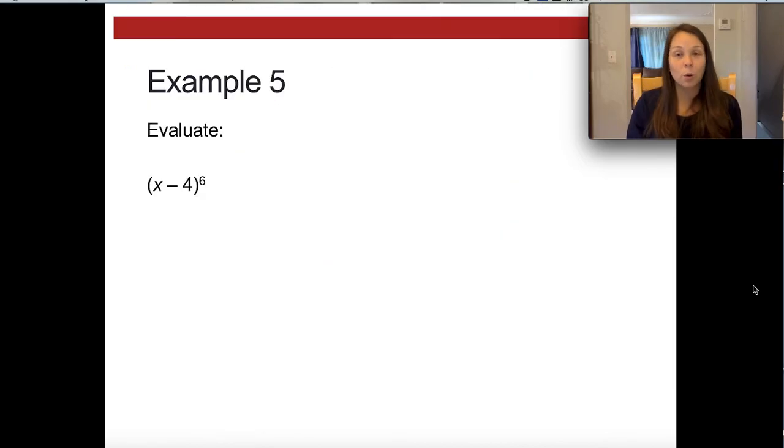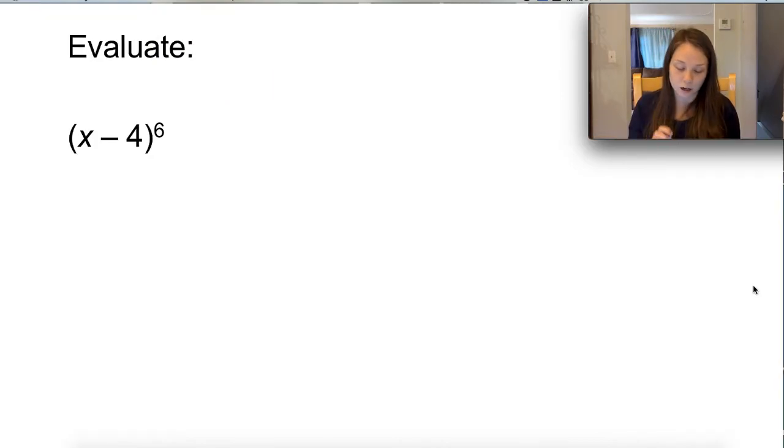So let's go through one last example of this, and then we will be all done with multiplying polynomials. Try this one on your own first, then press play to see the answer. So we have x minus 4 to the power of 6. Because we have an exponent of 6 here, that means we need to first start by writing down the 6th